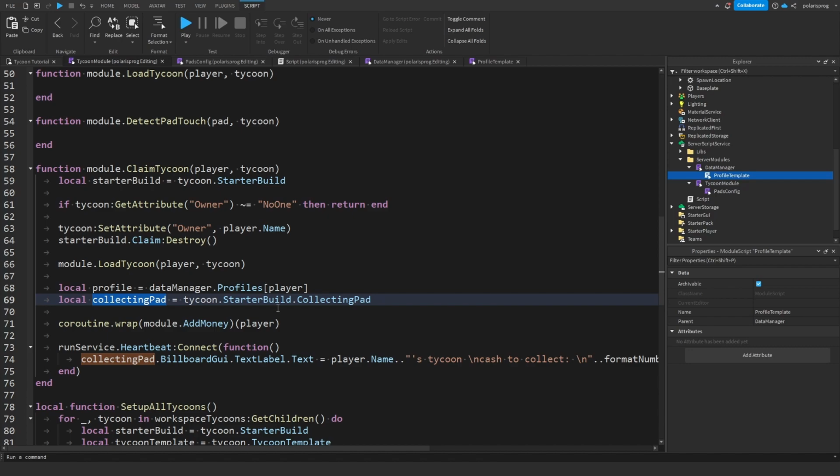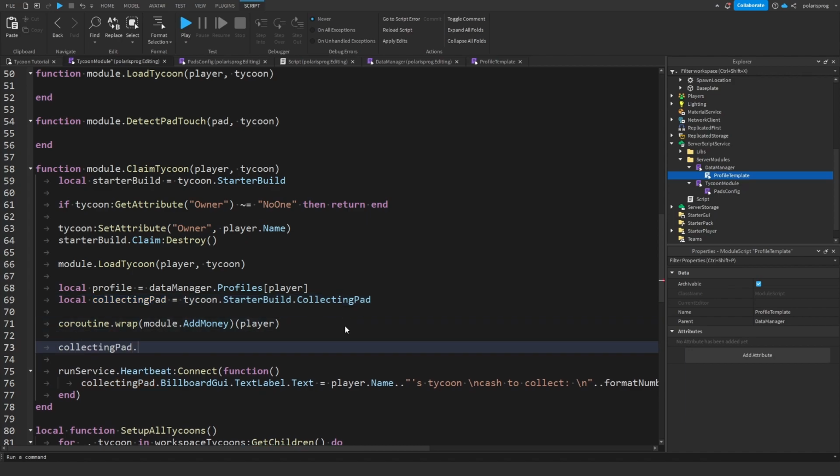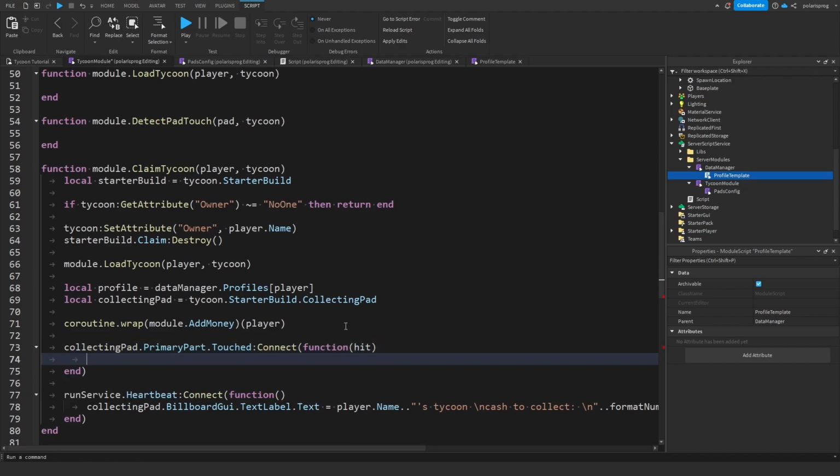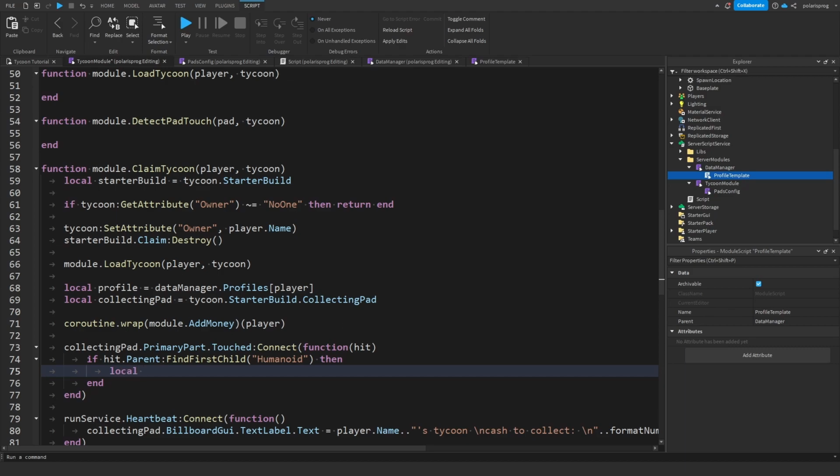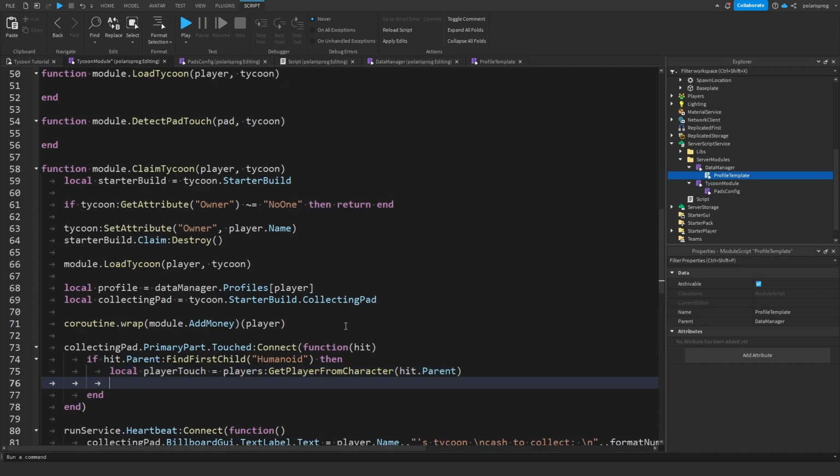So what we're gonna do is CollectingPad.PrimaryPart.Touched:Connect(function), and that's going to take hit, and if hit.Parent:FindFirstChild("Humanoid"), then what we're gonna do is local playerTouch equals Players:GetPlayerFromCharacter(hit.Parent),